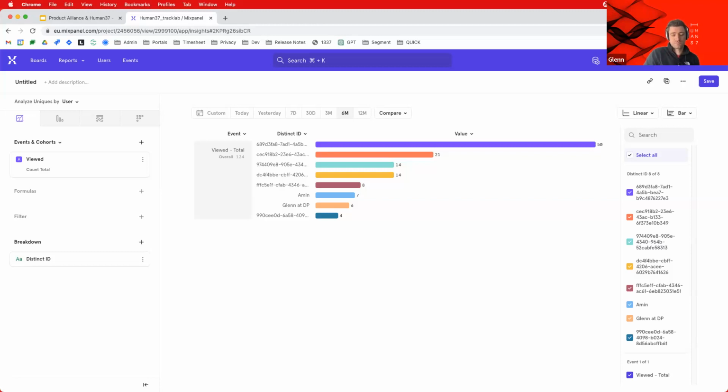This is Ari. To follow up on this question, I put in parentheses at the end of the question, not simply counting events, which is exactly what you're showing now. For the funnel, for example, I have page display, an event name, and then the properties will actually include the page name. So when I create a funnel, one step is page display, and the second step is also page display, and the third step is also page display, and basically that will be the funnel. But the question is if you can show how I can see a funnel with the same event being in each step, but the only difference between those is the property value.